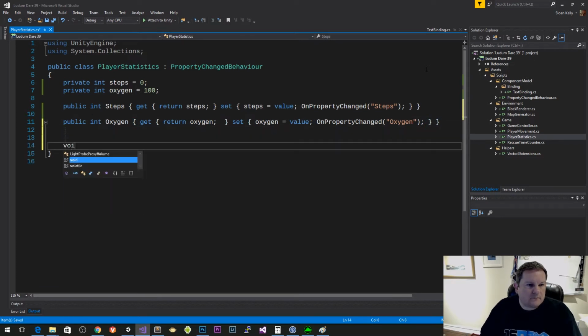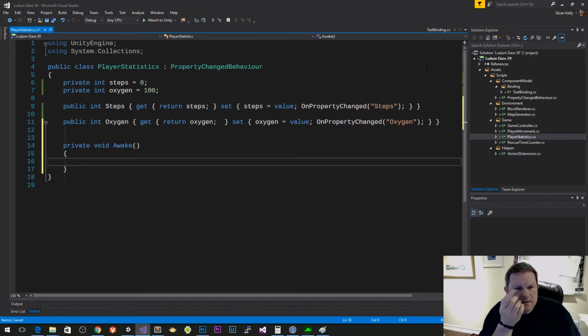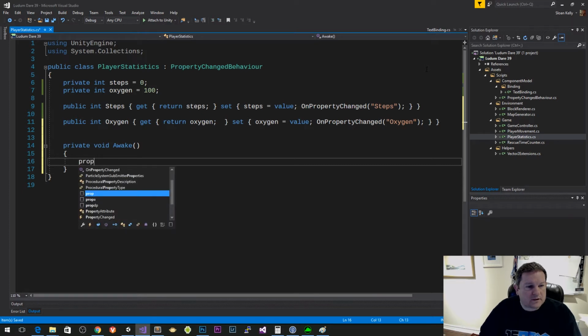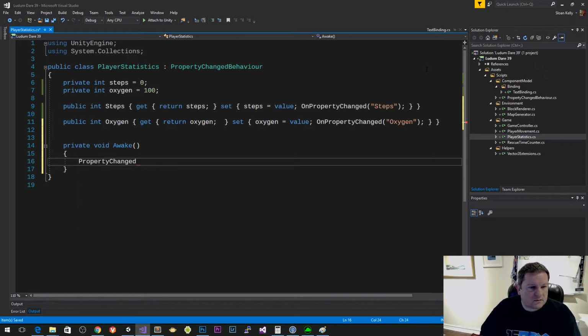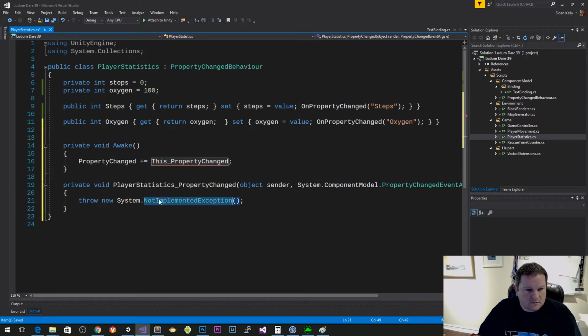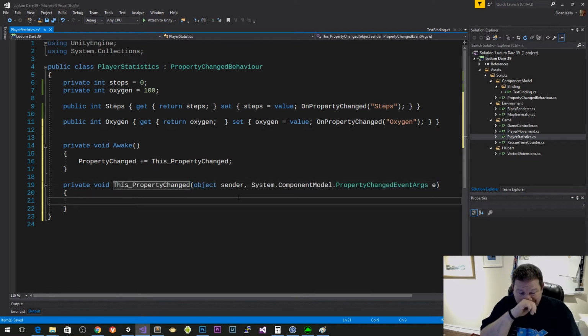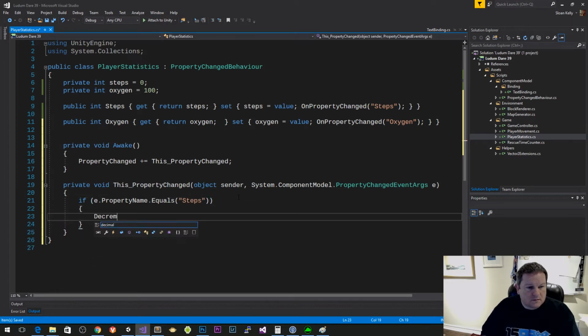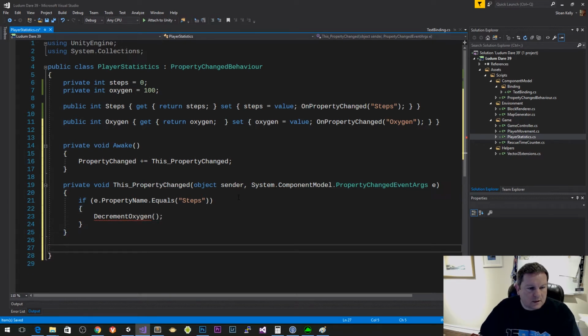And then void Awake. I actually want to listen to the property changed events for this. So I want to say PropertyChanged, and I'm going to just change that to this. Do that, and put that in there, and then I'm going to say if e.PropertyName equals steps, print oxygen, and then I'm going to say